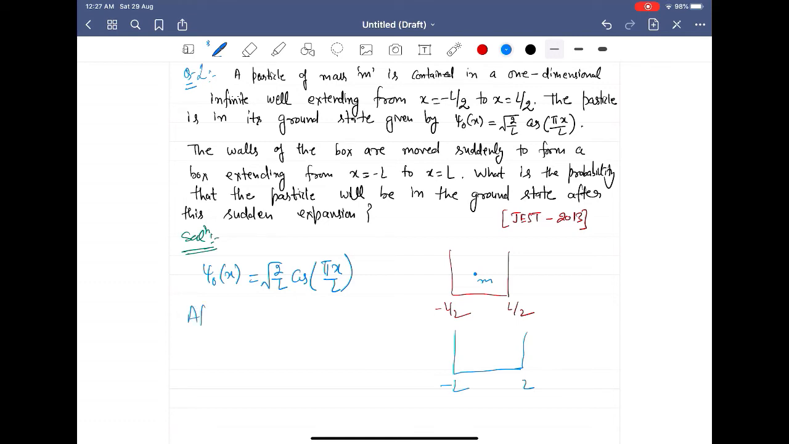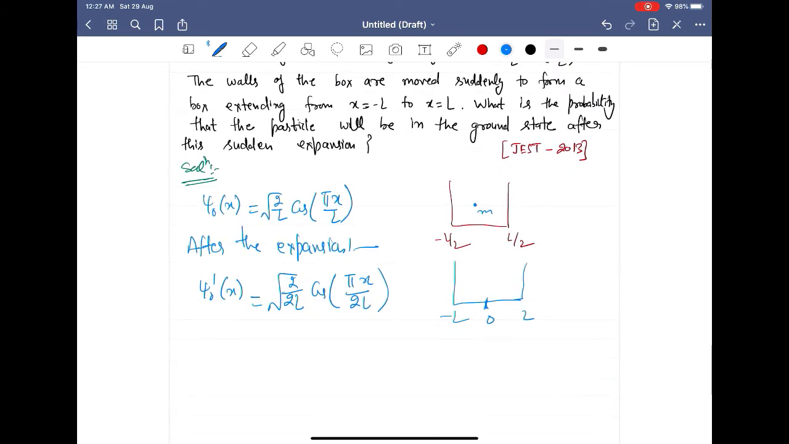So now after the expansion, the ground state will be changed. Let me call it psi 0 prime x. Because the length of the box is now 2L, earlier it was L, it will be under root 2 over 2L cosine pi x by 2L. So now the question is: what is the probability that the particle will be found in this ground state? So that probability will be given as